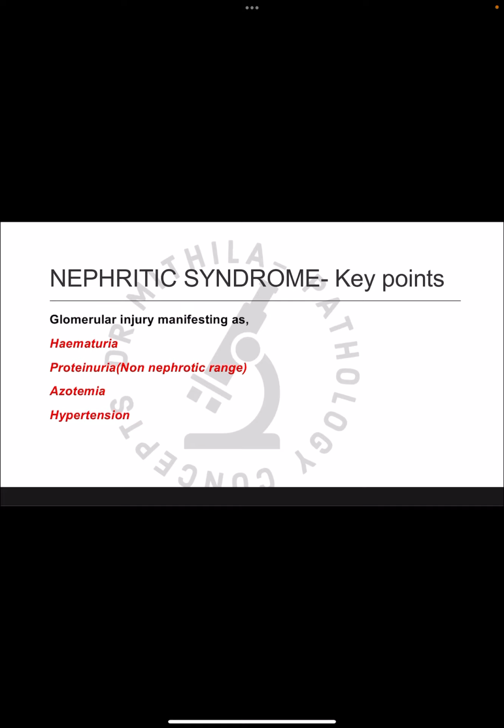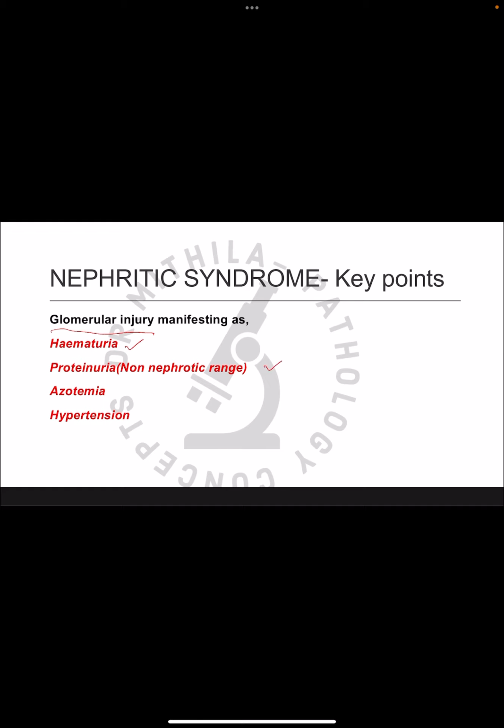So nephritic syndrome is a very important topic for the exams, and in nephritic syndrome there are a group of glomerular diseases which present with common clinical manifestations, and those manifestations are because of the glomerular injury which is occurring because of inflammation. So inflammation is causing the glomerular injury, and then it is causing the common clinical manifestation of hematuria. Hematuria is passage of RBCs in the urine.